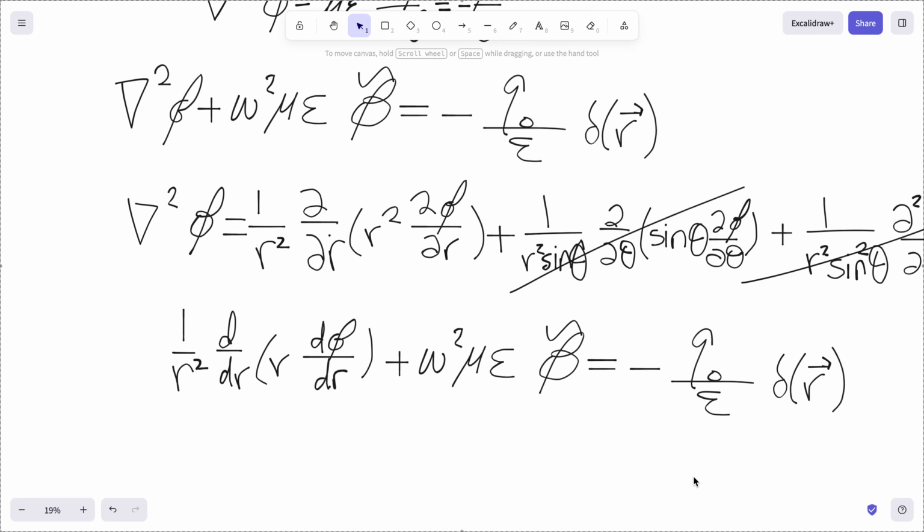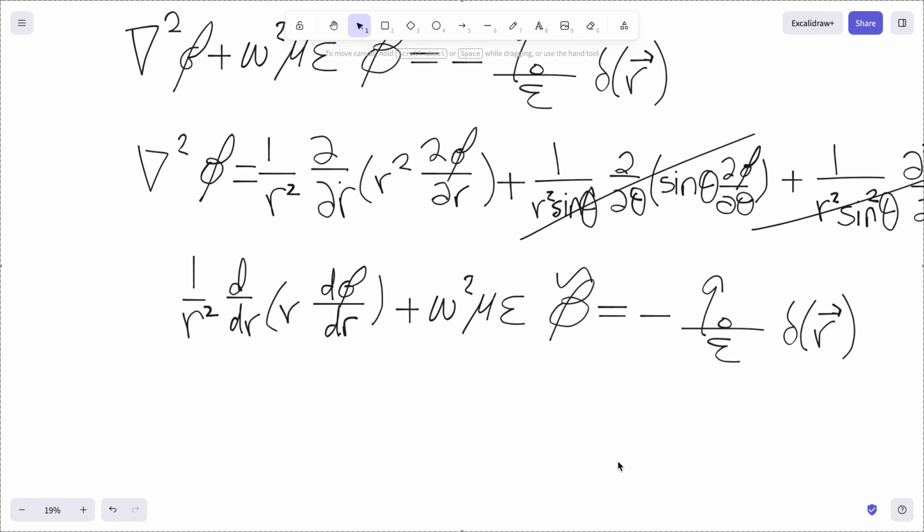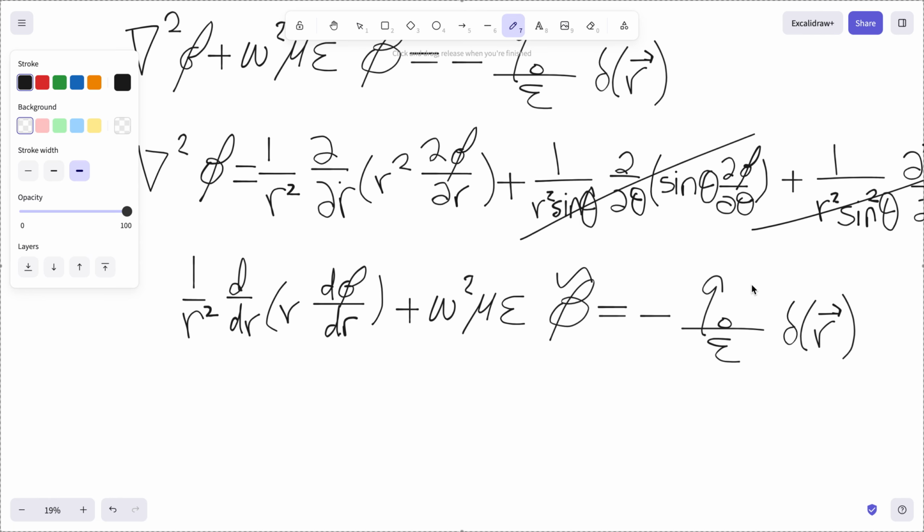And so this becomes a very solvable, or actually, wait, one more step. So now when r equals 0, again, that's like the singularity case. We don't really know what goes on with the Dirac delta function at r equals 0. But for r greater than 0, pretty much if we want to solve this solution for anywhere r greater than 0,